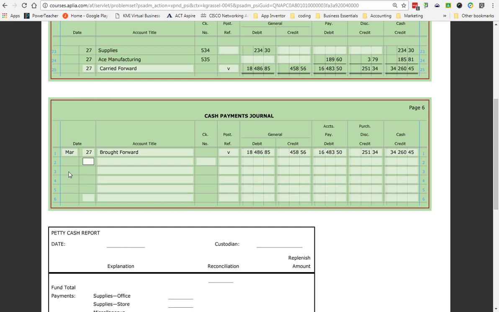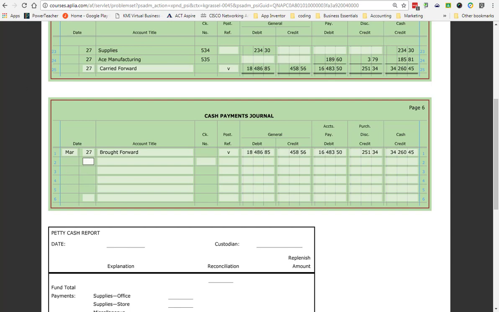Now, please watch to make sure that you enter the numbers correctly. For example, in my general credit column, it's really easy at the top of page 6 to enter it as 485 instead of 458. That would be called a transposition error, meaning you have the right numbers, but they're in the wrong order. Transposition errors can always be determined when the amount that you're off, when your debits and credits don't equal, is divisible by 9. So that is instruction number 1, rule page 5, and then